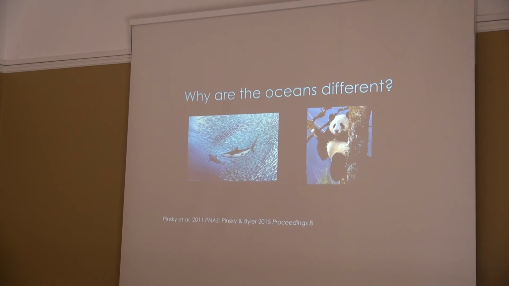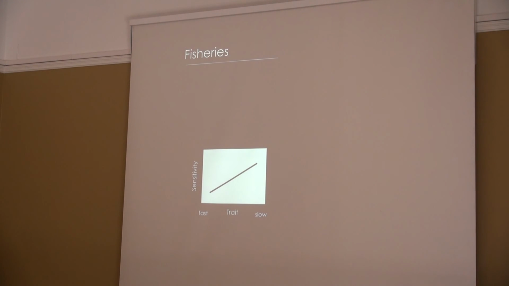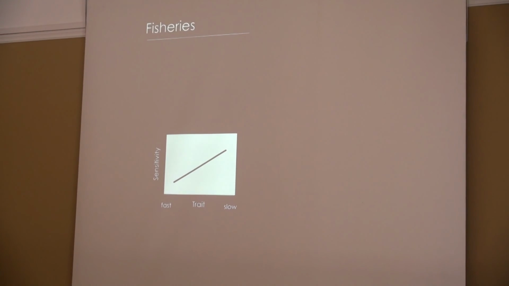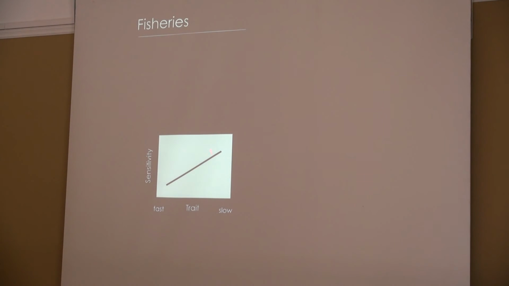But it is also very different from what we see on land. So why are the oceans so different? Why do the kinds of species affected by human impacts seem so different in the ocean than what we see on land? One possibility is that fisheries are a very actively managed, in many cases at least, though not all, human activity. So yes, it might be that slow-growing species are more sensitive than fast-growing species to fishing pressure.